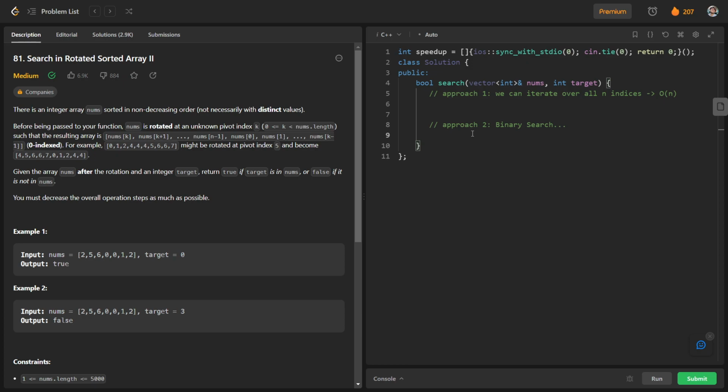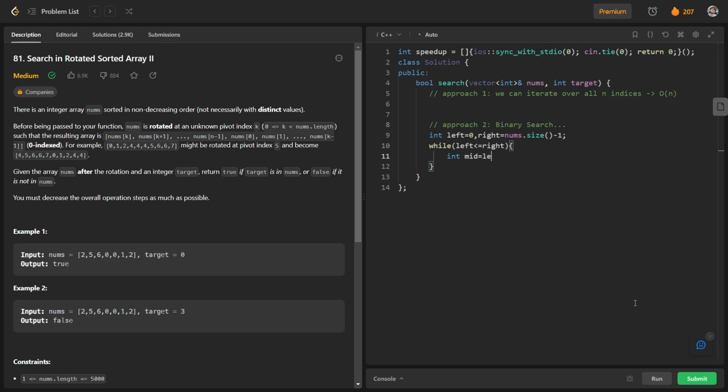So basically we will first have our indexes left and right. So int left is equal to 0 and right is equal to nums.size() minus 1, and in the while loop we will have the condition left is less than or equal to right. We will have mid with us.